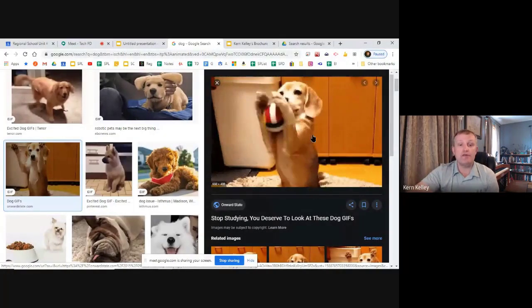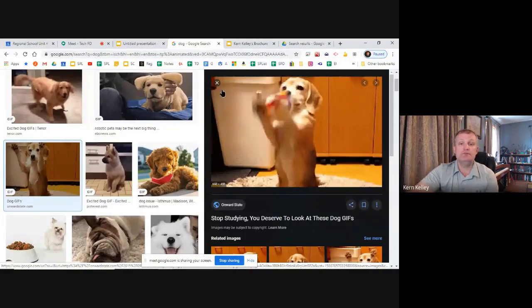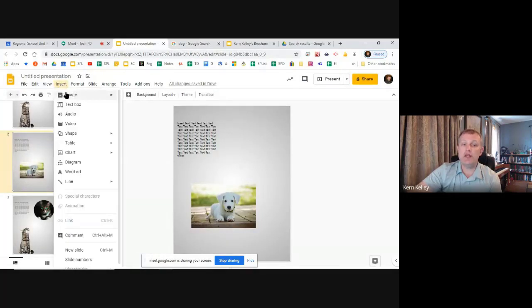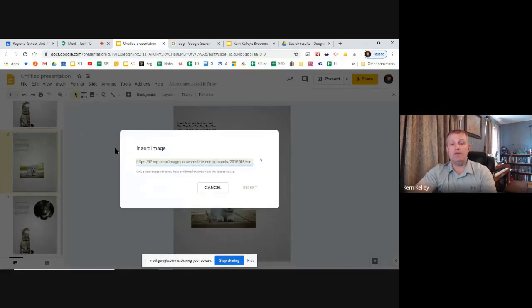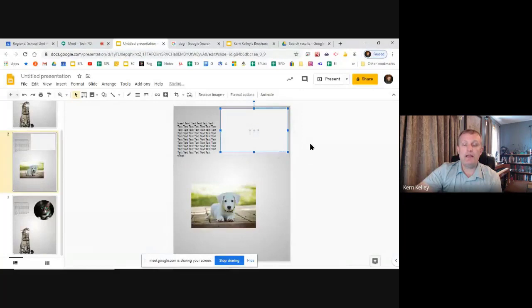I'm going to use the same process. I'm going to right click on it, copy image address, go back to my slideshow, and click Insert Image. Just so you know, that's the same thing as this little icon right here. It's supposed to be an image icon. Insert Image by URL, by the address. Paste it in there. And now there is my little animated GIF